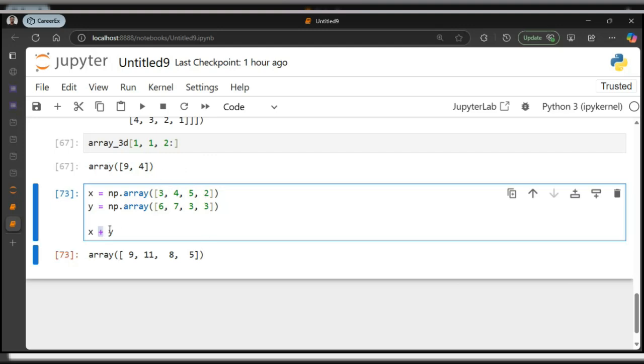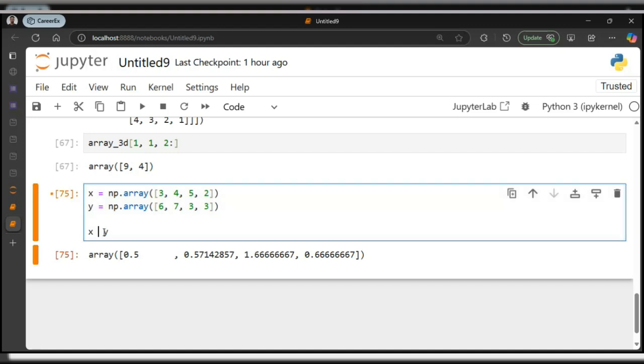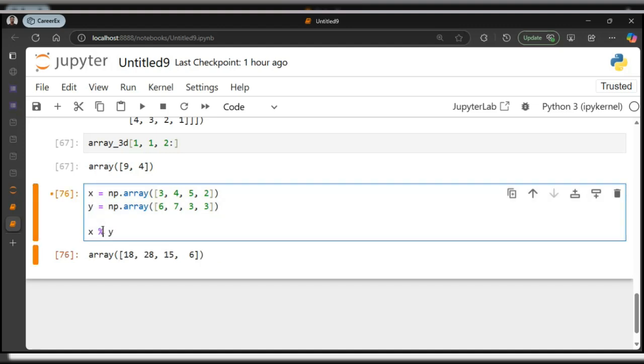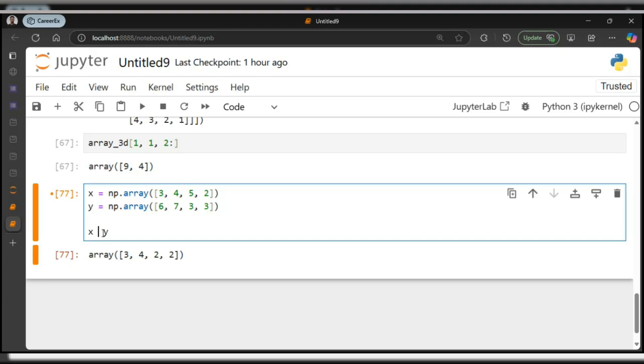All right. So if I put minus here, I'm going to get this. If I put division here, I'm going to get this. And what again? If I put multiplication, I'm going to get this. Let's try modulo that we all know. If I put modulo, I'm going to get this. Let's try floor division. What's the symbol for floor division? And what does floor division do? It's just like